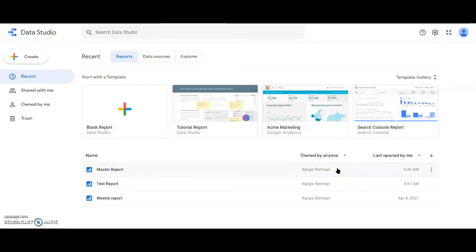To open Google Data Studio, just type in datastudio.google.com in the address bar of your web browser, and that should open up the tool for you, and this is what it looks like. As you can see, we have a couple of templates here which are basically pre-built reports, right? So we have that here, and then we have a list of the recently created reports, and let's go ahead and create a new report. To do that, I'm going to click on the create button on the top and then select report.